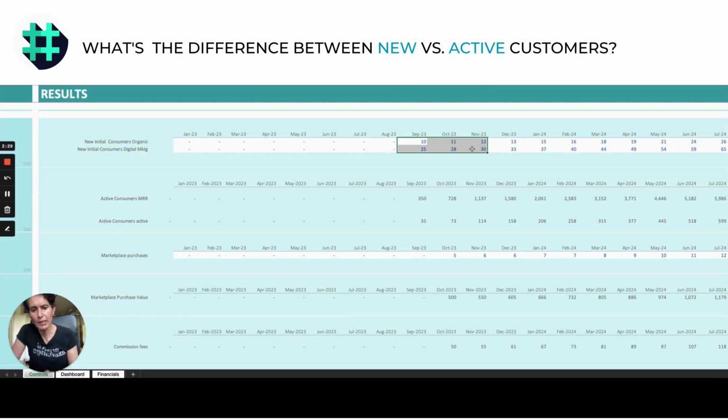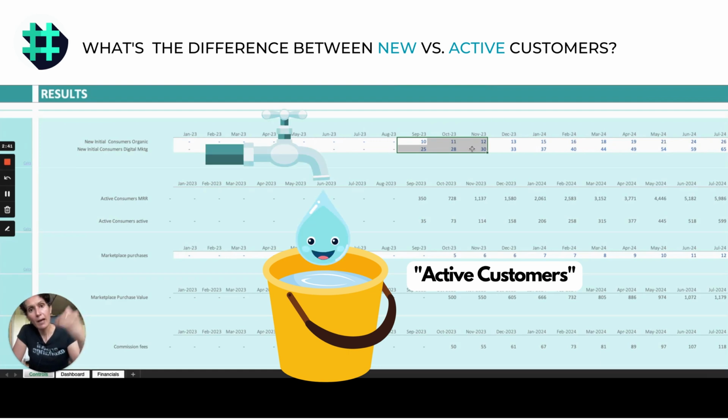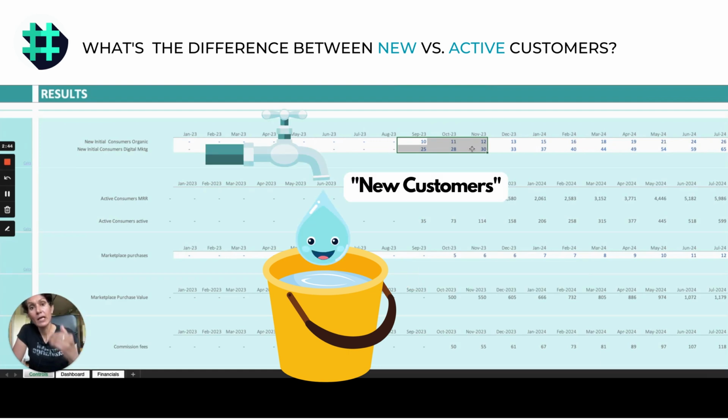A really good and easy analogy to think about the difference between new and active customers is, think of a bucket, and the water in the bucket is your active customers, and each month the tap is bringing in new customers from different channels.